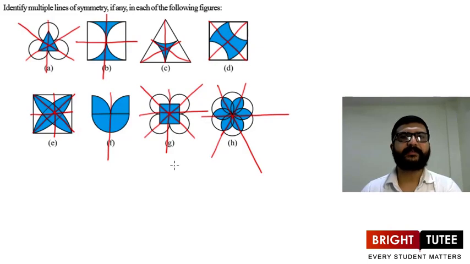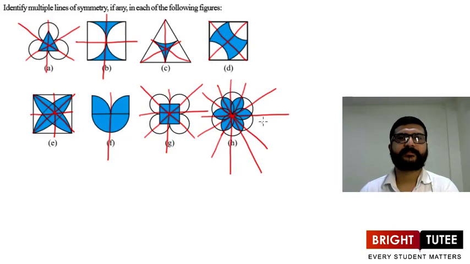Can we have any other line of symmetry also? Yes, we can have one line of symmetry like this also, and another one we can have like this, and then we can have one line of symmetry like this. So here we have drawn how many lines of symmetry? We can count from here. So it will be 1, 2, 3, 4, 5, 6. So here we have drawn 6 lines of symmetry. For this figure we had 6 lines of symmetry and we have drawn all of them.